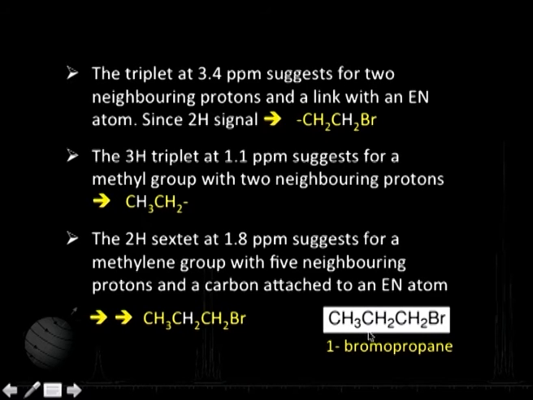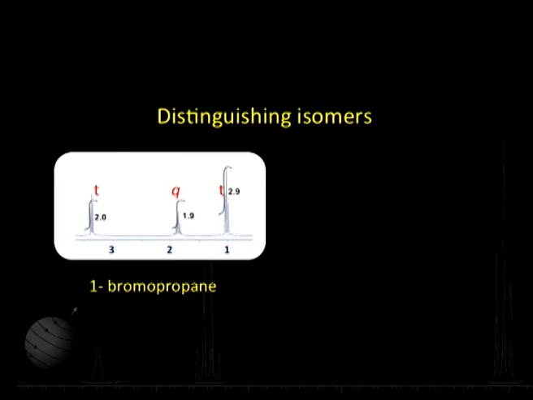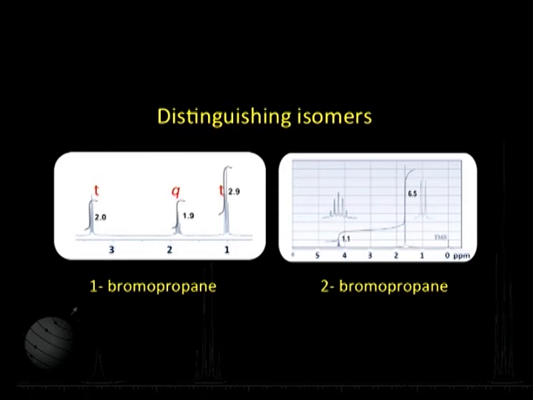So, you see that this one and the previous example both have the same molecular formula, but they are giving me different structures. The structure we have deciphered to be different on the basis of the spectrum, which happens to be different. And this gives us one indication that we can use NMR even to differentiate or distinguish between isomers. This is my 1 bromopropane, the spectrum is there, and this is for 2 bromopropane.